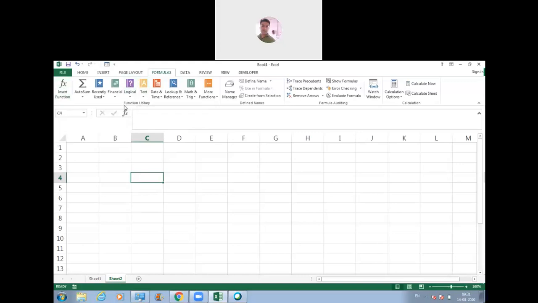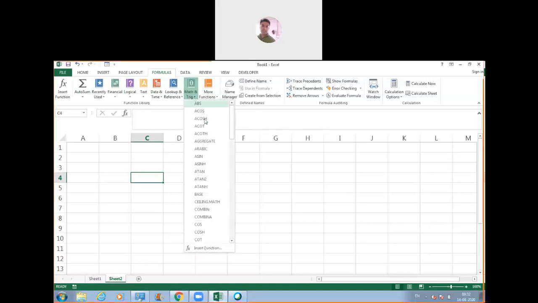Now here in this function library, what is happening? We are able to see all the groups. The way we have different shelves in our library, in which books of different genres are stored, in the same way, in this function library we have got different parts, different tabs over here, in which we can see the functions. These are the functions which are related to maths and trigonometric part, right?